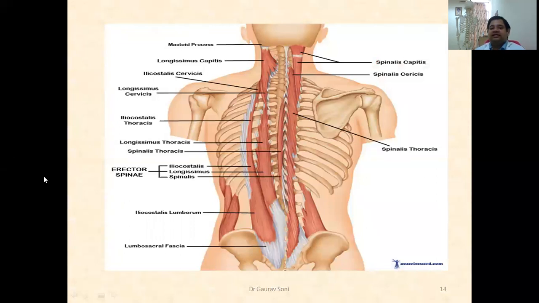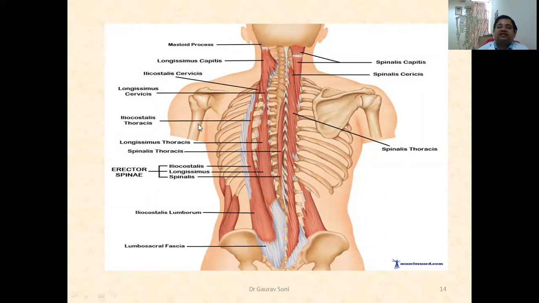Here in this particular diagram, you are going to see the ribs. This is the vertebral column. Then you can see the deepest group, or intrinsic group, of muscles shown here. You can see splenius capitis. Splenius capitis means one end is going to attach to the caput, that is the occiput of the skull. Cervicis means in the neck region. Thoracis means the thorax region. The erector spinae group itself has three muscles: iliocostalis, longissimus, and spinalis.